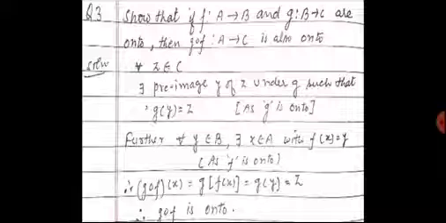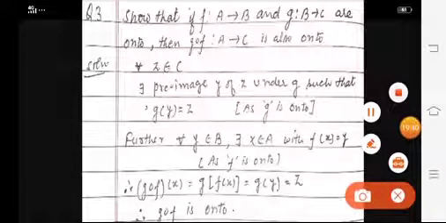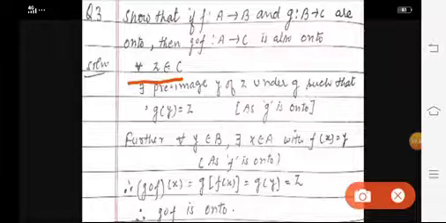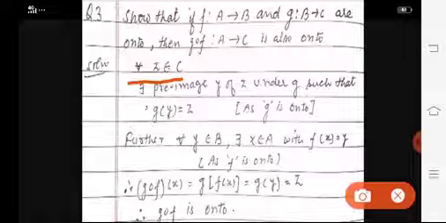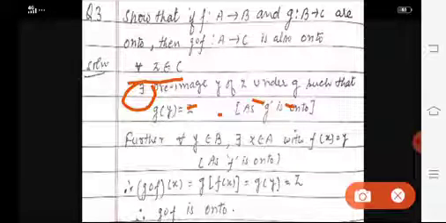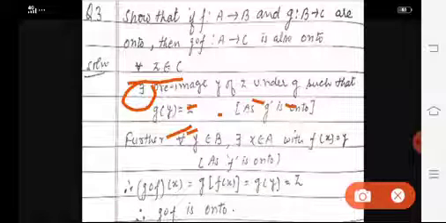We have assumed that z is an element of set C. For every z belongs to C, there exists, this sign we read it what? There exists. For every z belongs to C, there exists a pre-image y of z under the function g such that g(y) equals z. भाई ये कैसे हुआ, ये कैसे होगा,